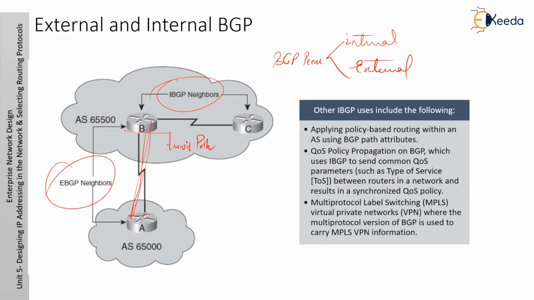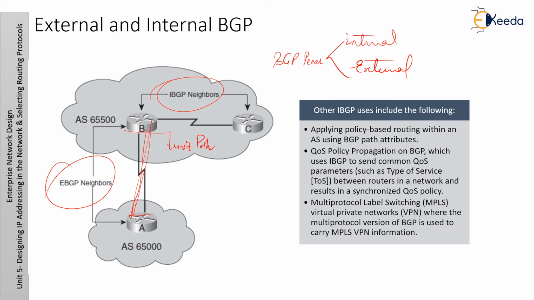IBGP is usually not the only protocol running in the autonomous system. There is usually an IGP running also. Instead of redistributing the entire internet routing table learned via eBGP into the IGP, IBGP carries the eBGP routes across the autonomous system. This is necessary because in most cases the eBGP tables are too large for an IGP to handle. Even if eBGP has a small table, the loss of external routes triggering extensive computation in the IGP